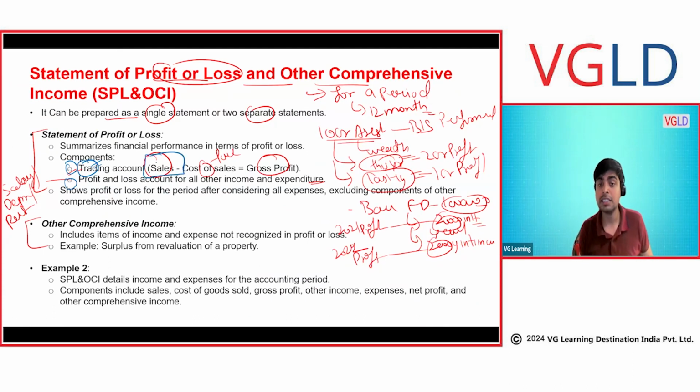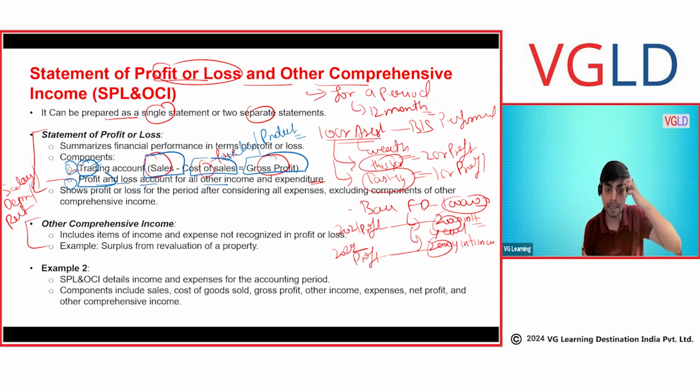I'm only including the sales that I have done and the cost of sale, basically purchases or production cost. If I'm a manufacturing company, I will have a production cost. So this generates gross profit. And from gross profit, I deduct all other expenses, marketing, renting, electricity, which are not directly related to the selling of the phone. So this ultimately gives me profit and loss. And this profit and loss is for the period after considering all expenses. Okay, this is one part.